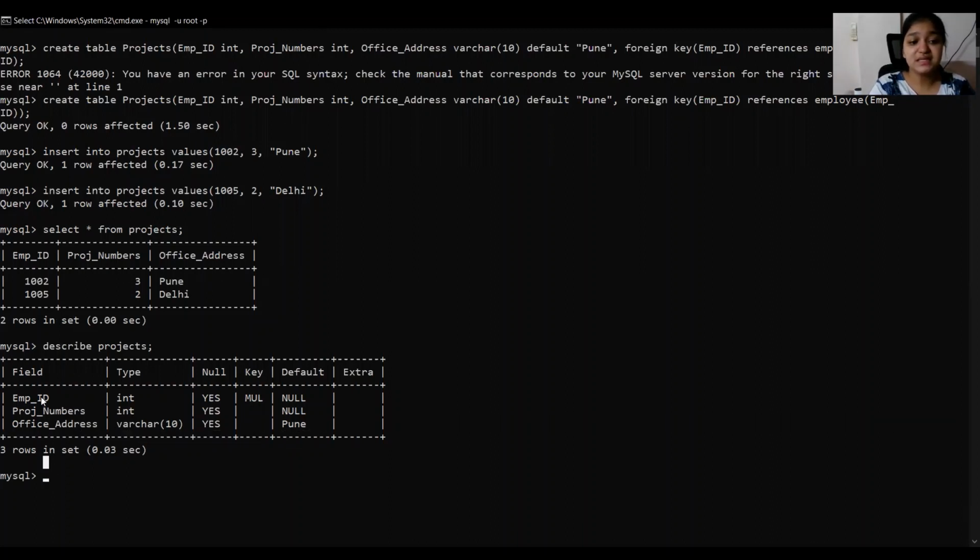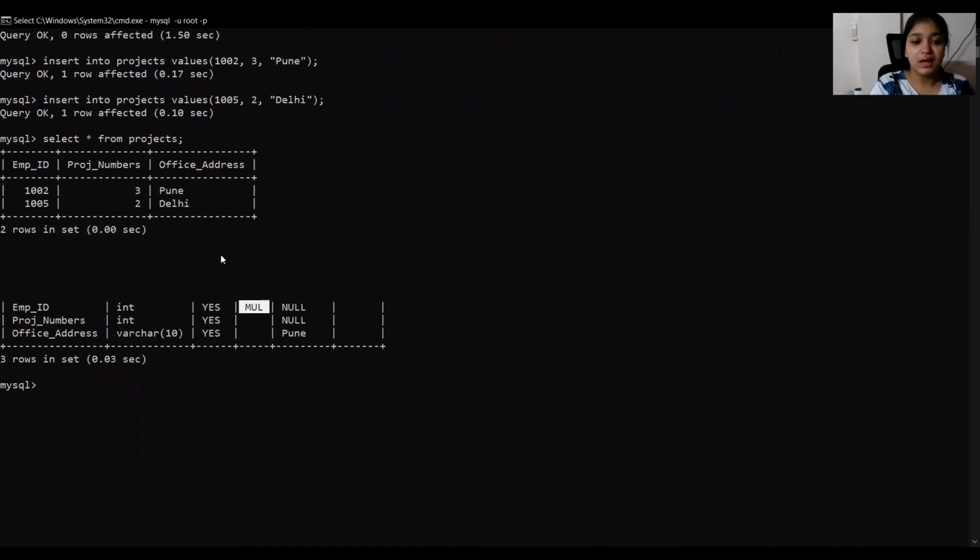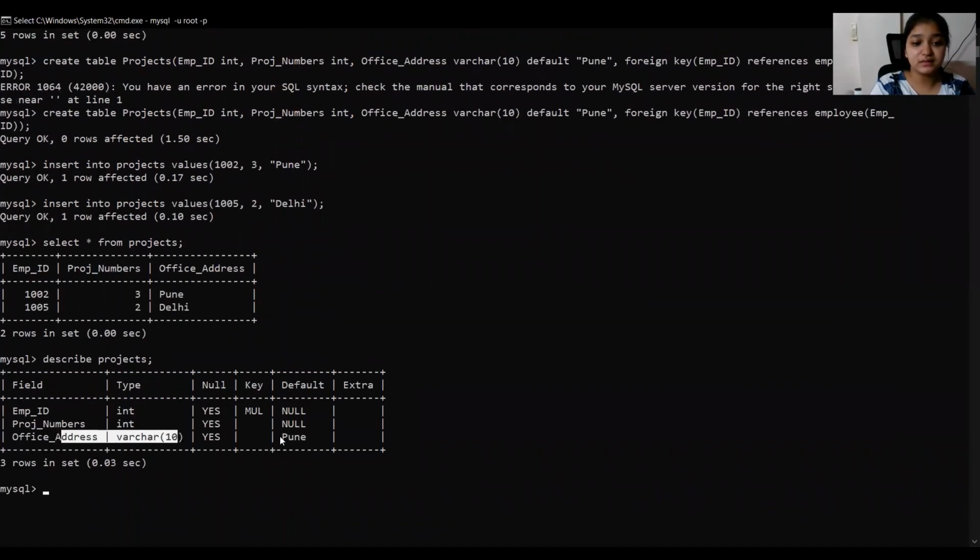So here we can see that employee ID is integer type. It can be left null, but it is foreign key from employee table. And here you can see office address, but it can also be left as null, but default over here is not null, it's Pune. So default value will stay Pune.